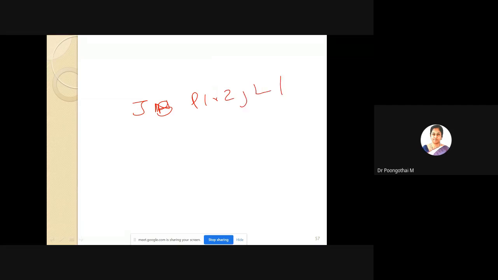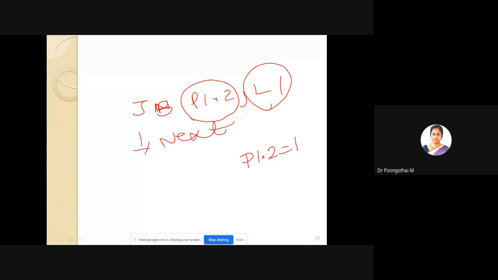This instruction will check the status of P1.2. If P1.2 is equal to 1, your program control transfers to L1. Otherwise, it will execute the next instruction. That is the purpose of the JB instruction.